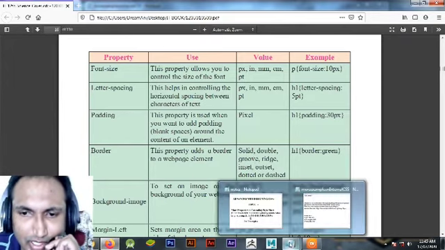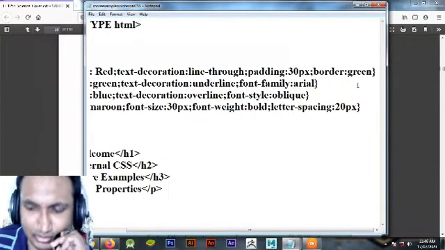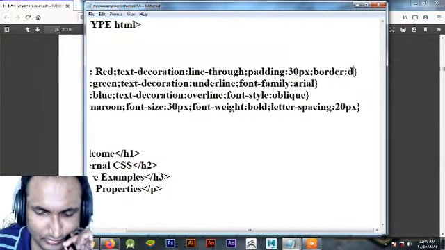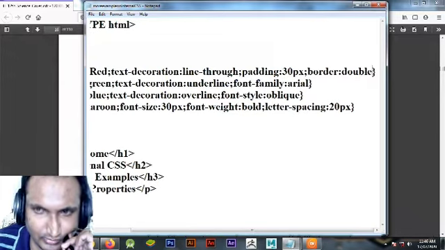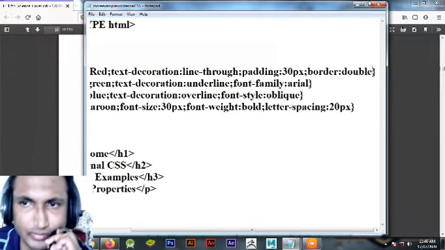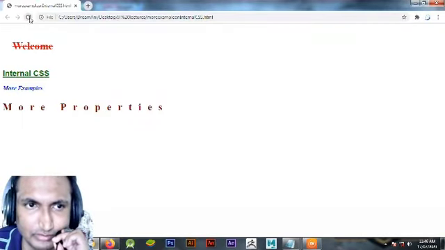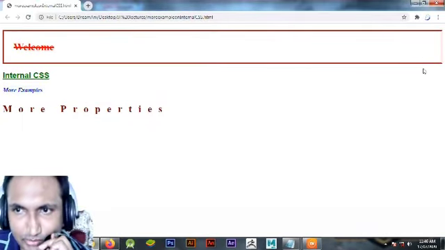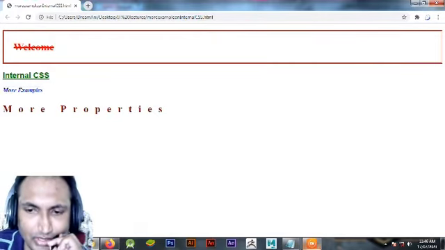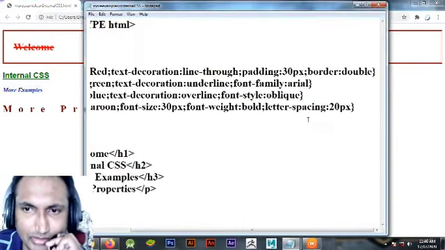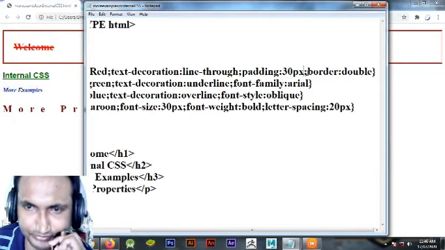If I give the property value double for the border of h1, then its border will appear double here. Let's remove this padding so we can see the output more clearly.